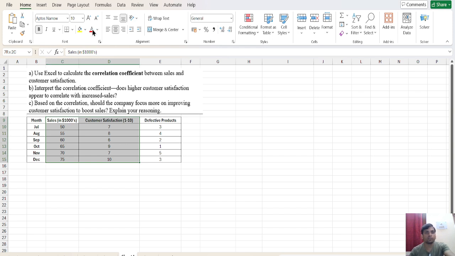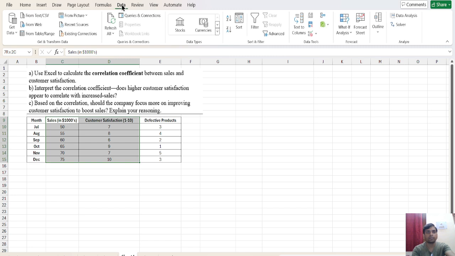So what we need to do, we will go to this Data option and click on that. Then on clicking on that, we will see this Data Analysis option. Double click on this and then you will see this window, and in this window there are multiple options. One option is Correlation. We will click on this Correlation option. Then you will see this window,